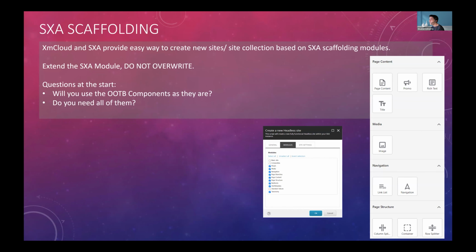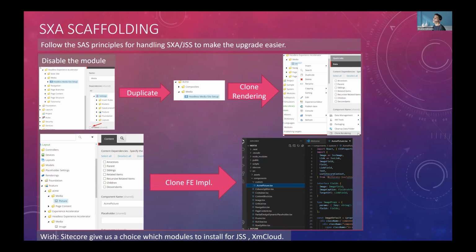If you need to do changes on those components, it is best that at the beginning of the project, you just duplicate these modules, and use or just create your own modules.